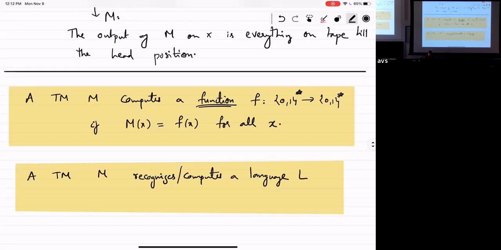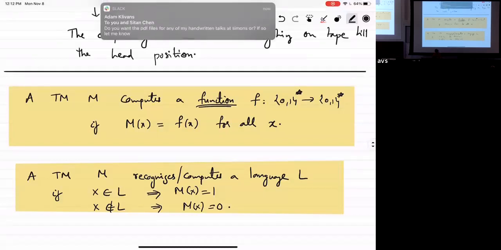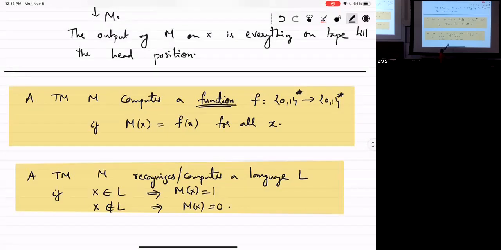We say it computes a language L if X is in the language implies M outputs 1, and if X is not in the language, then M outputs 0. Okay? Any questions? And here, there's a subtle difference in enforcing that when X is not in the language, you want your machine to actually output 0. It's not just saying it's not going to output 1. You also say it has to output something, which is 0.